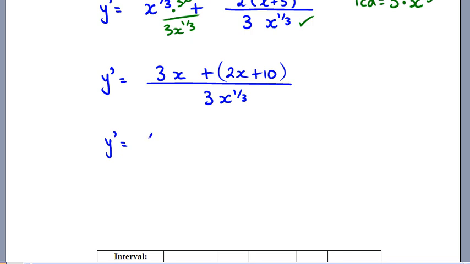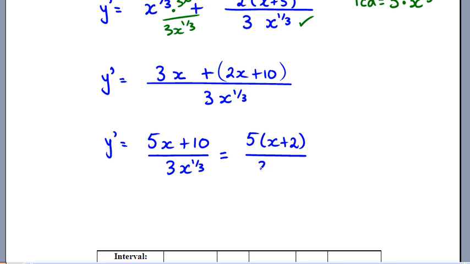Looks like we've got a 5x plus 10 up there in the top, and then down in the bottom a 3x to the 1/3. Oh, this isn't too bad. We can maybe factor a 5 out, and we'd have an x plus 2 all sitting on top of a 3x